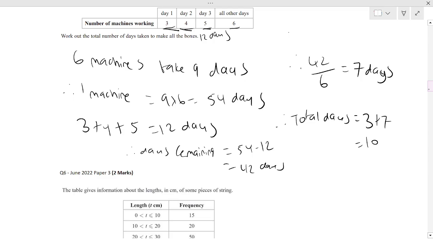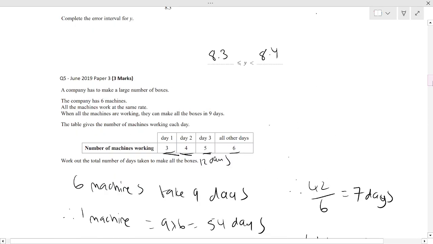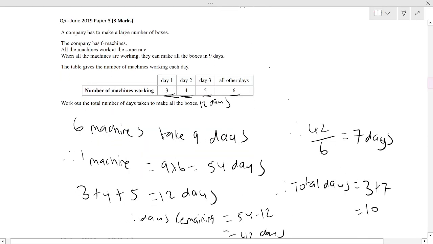Okay, so that's the key idea of this sort of question, where you want to work out what one singular worker or one machine does, and then you can easily scale it, right? See how much your 3 machines take, 4 machines, 5 machines, 6 machines take. Okay,